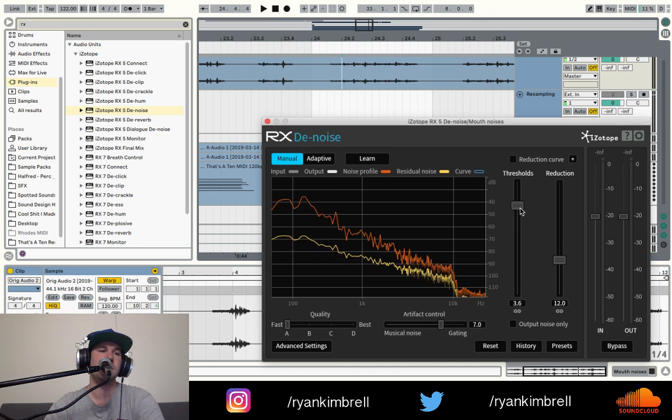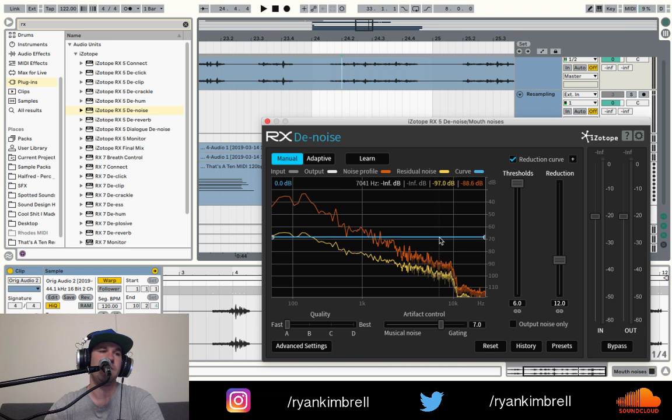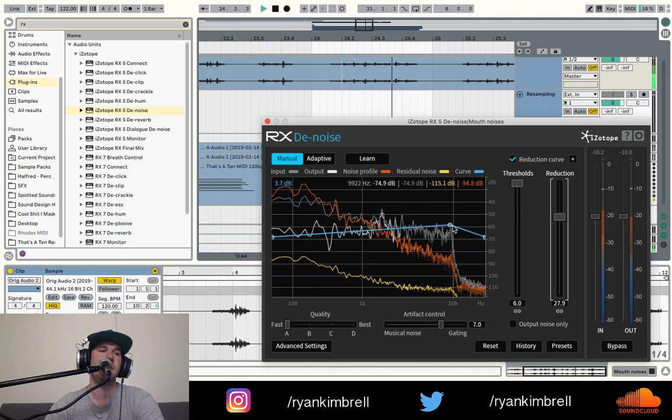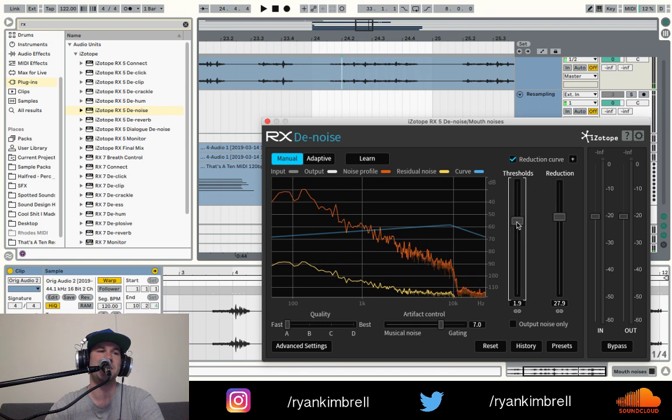I'm going to turn up the threshold because I want to make sure that I can see this part of the curve. Actually, I'm going to turn it up a bit at first. That's a lot. I'm just playing around with these to see. Oh, okay. Yeah, you see the difference?